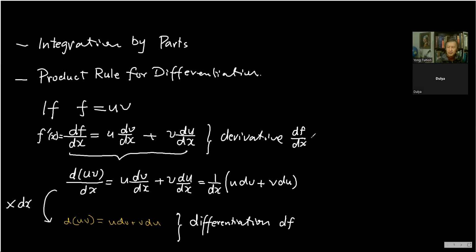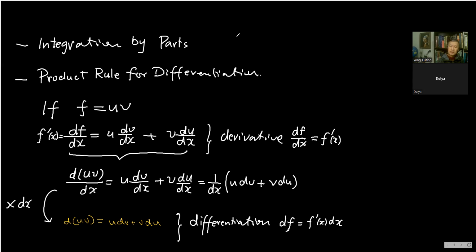Because we can write this notation for the first derivative, in general the df can also be written as the first derivative times dx. So that is some background of